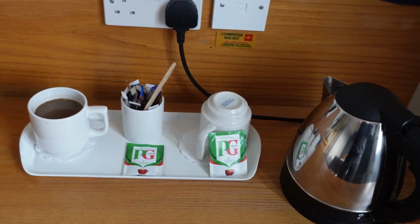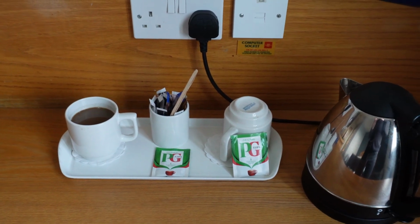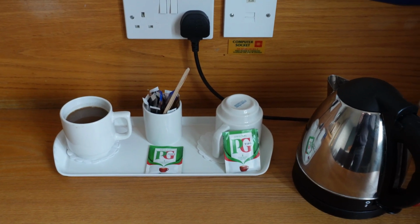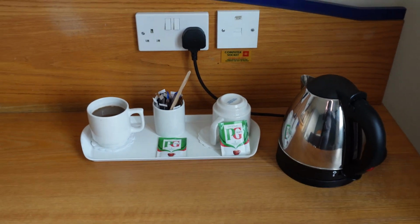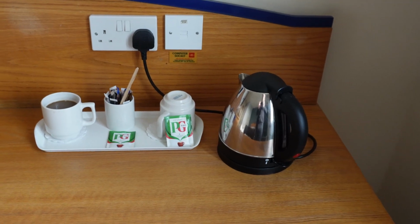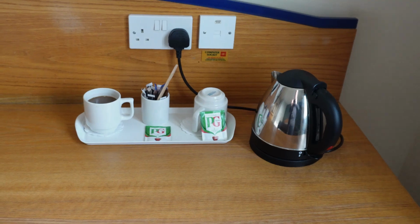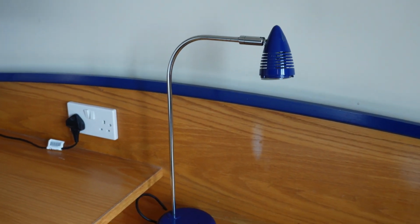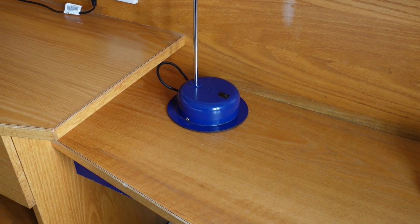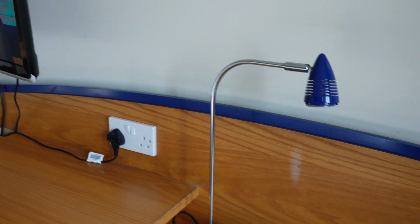The courtesy tray's okay. It's pretty much standard what you get in any kind of budget hotel. There's never enough coffee or tea or milk or sugar, but that's just standard at any budget hotel. But the staff at reception were very friendly yesterday, and they gave me some more coffee, they gave me some more milk. So they'll always do that if they don't provide enough. If you go to reception, any of these hotels, they always do give you a few more items if you want them. You've got your reading light,